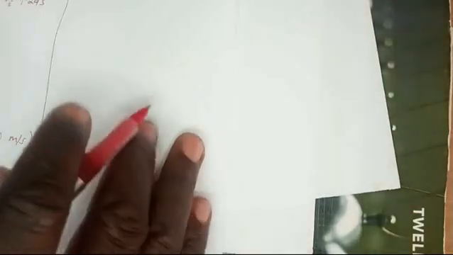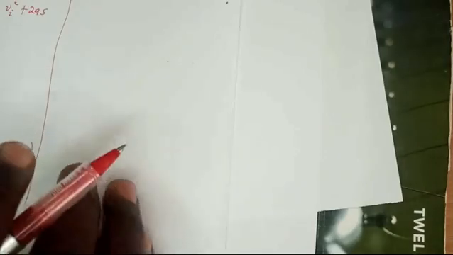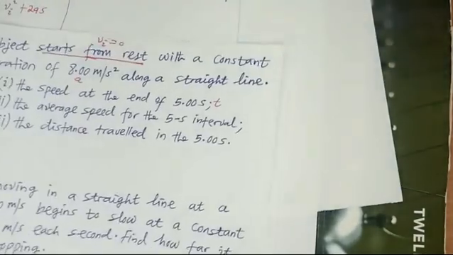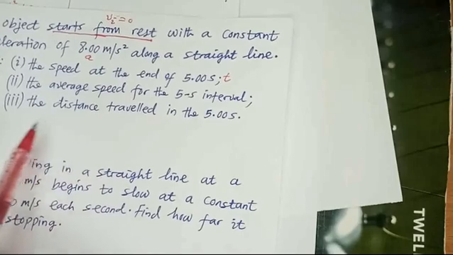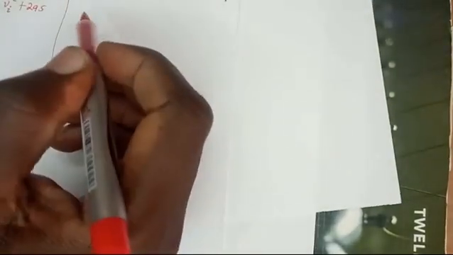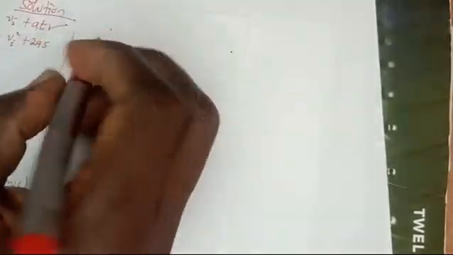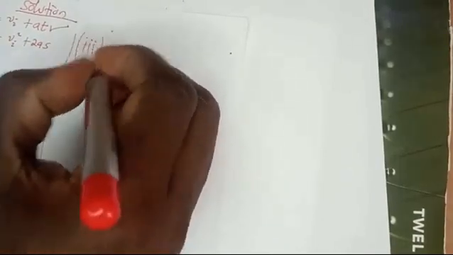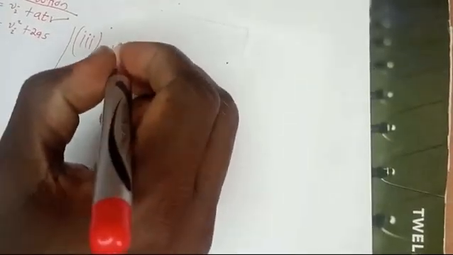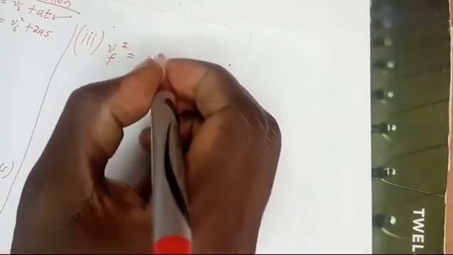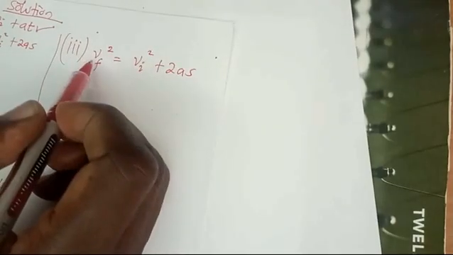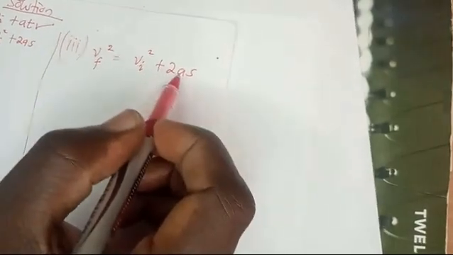Then how do we find the average? This one we found, the second one, the average speed. The next one said we should find the distance s. To find the distance s, we can use this formula, Roman number 3: V sub f squared equals V initial squared plus 2as. Because we know the V final, we know the V initial, we know our acceleration, so we can